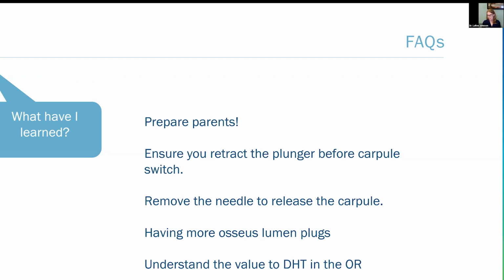And the last thing I want to talk about is the value of dental high tech in the OR. A lot of people are like, oh, I don't want to do this, they can't feel anything, and so forth. Sometimes I see the emergence delirium, particularly in those with special healthcare needs. And even though it's not my job to recover them, I can hear them. And I feel so sorry for them and their parents and our team who recovers them in PACU. And sometimes I think,